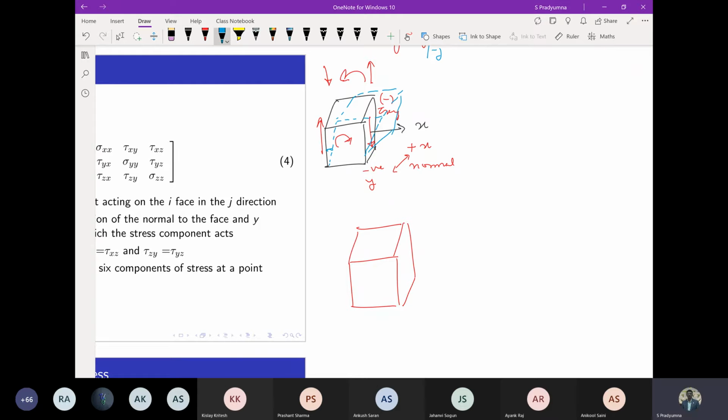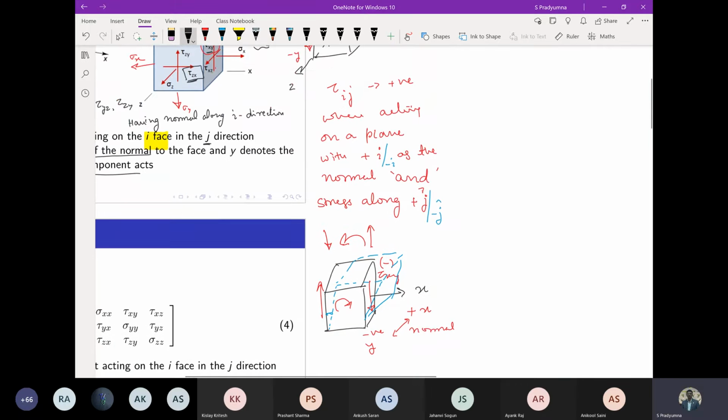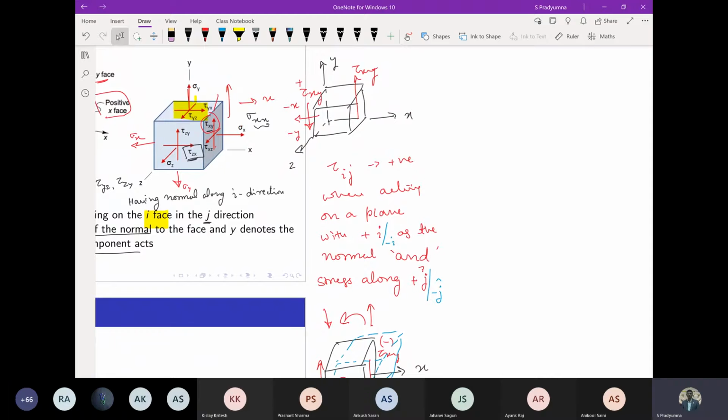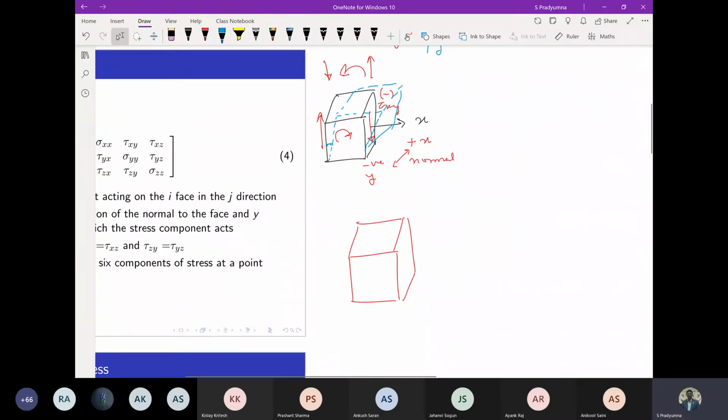Something like this. So this is the change in the initial configuration. Agreed? What happens here when you have it this way? So this actually will be something like this. Something like this. Agree? So this is the change in the angle. The direction of the shear strain will also change because of the shear stress. Now, am I clear with this? Have I cleared your doubt?